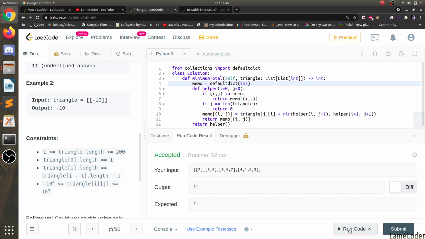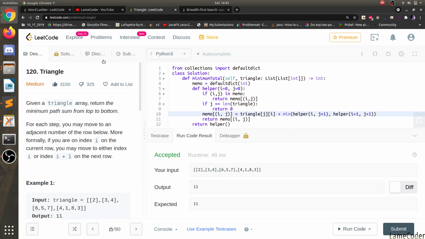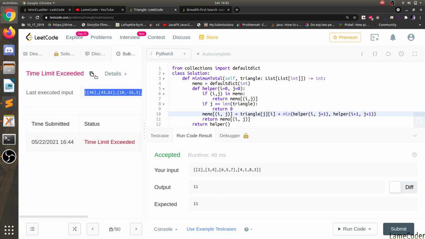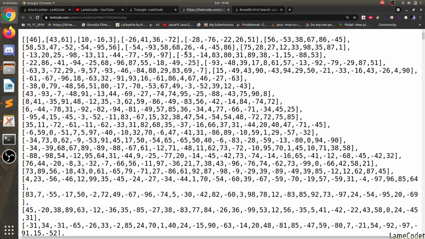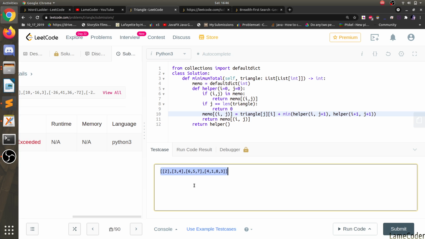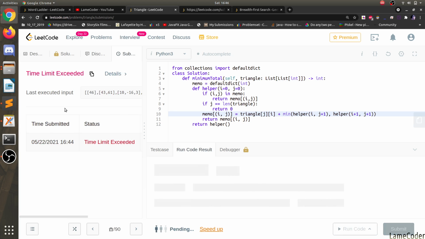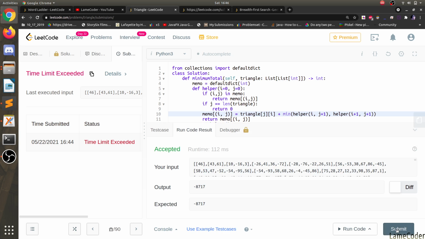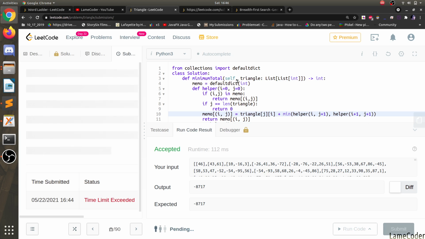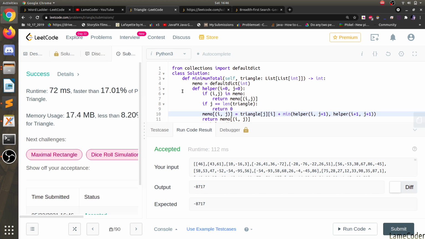Memo. Let's see. Okay, it is running on this. Let's try the test case. We had some problem. Okay, this is a copying error message. This is big, but let's try it. At least it should work after memoization. If it is not working after memoization, then we have to use DP directly, creating a DP table. But it is working, so we are good to go. This is considered a hard question. Sorry, medium. That's what I thought. Okay, so it's working.